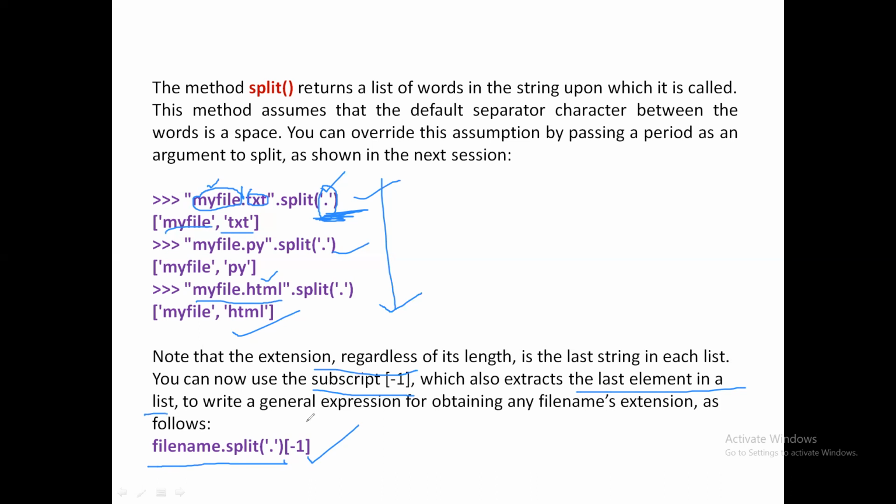So for example, if the file name is myfile.html, filename dot split of dot, subscript -1 will return html. So you can retrieve the last element from a list anytime by using this negative number. Similarly, for -2, it will return the last but one element of the list, and so on like that.